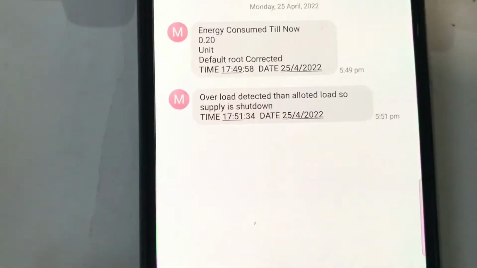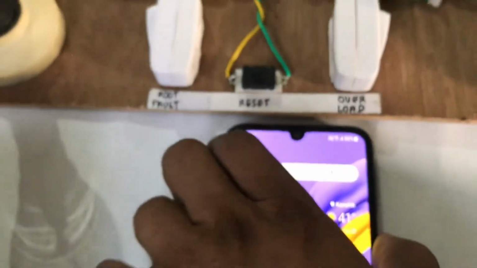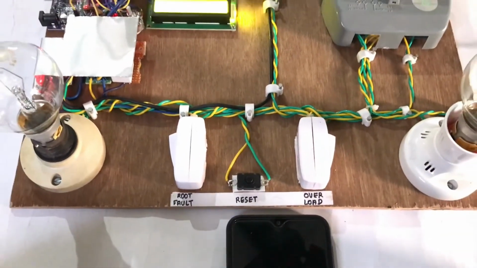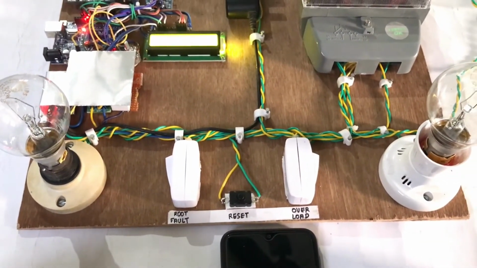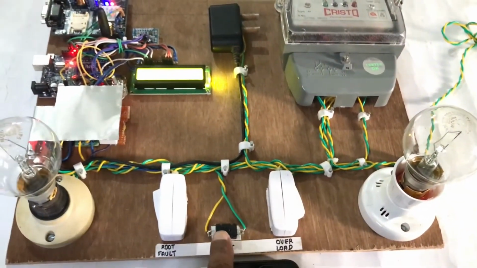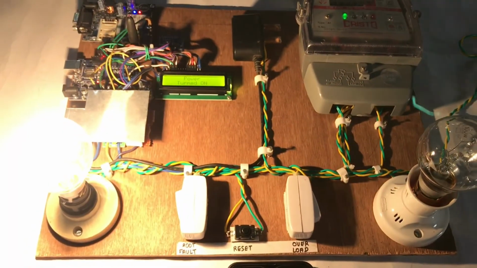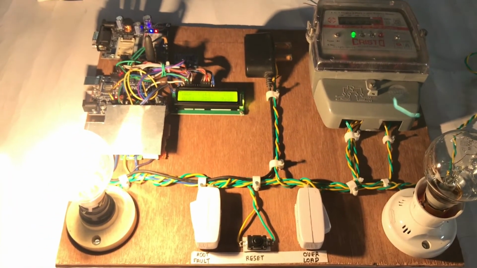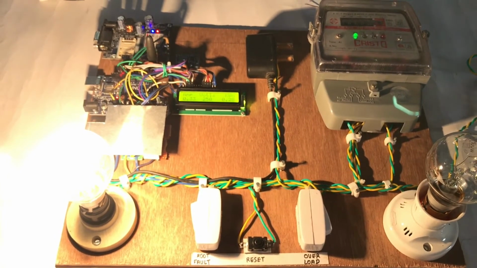Now if we remove the overload and press the reset switch, then it will work normally. Let's remove the overload and press the reset switch. As you can see, power turned on and supply is turned on again.